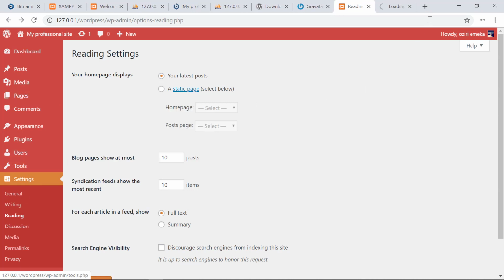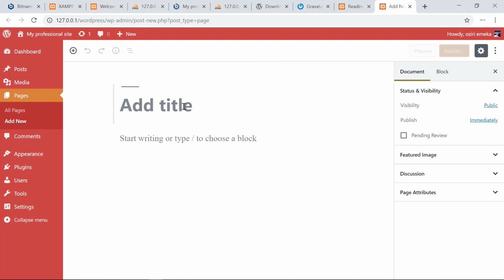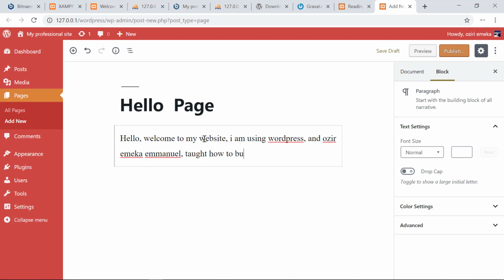create a page. Don't bother if you don't understand what I'm going to do right now, I just want to do it for information purposes. So I'm going to click on this to add my title, and I will say Hello Page. And I say, hello, welcome to my website. My website, I am using WordPress, and Uziri Yemeka Emmanuel taught me how to build an awesome website